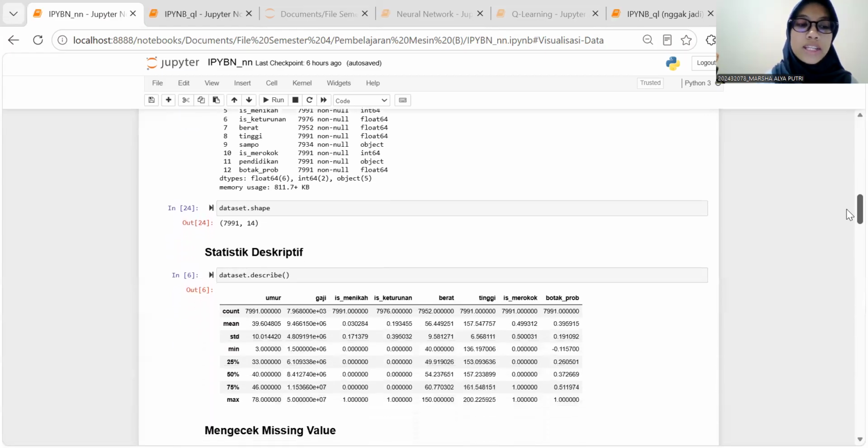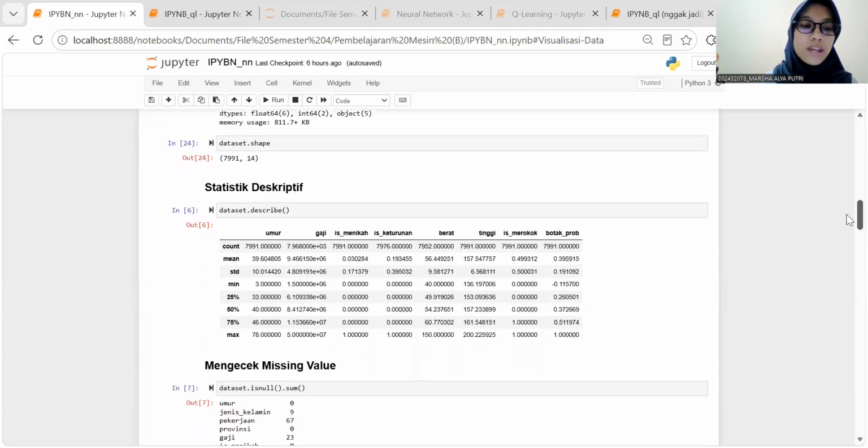Next, we use describe to generate descriptive statistics. These functions provide information such as mean, minimum value, maximum value, standard deviation, and quartiles for numerical features.